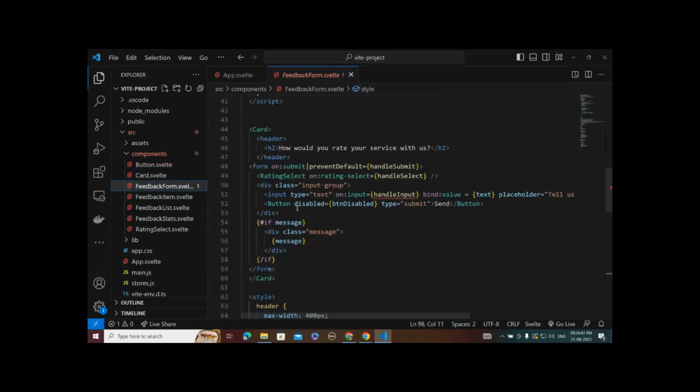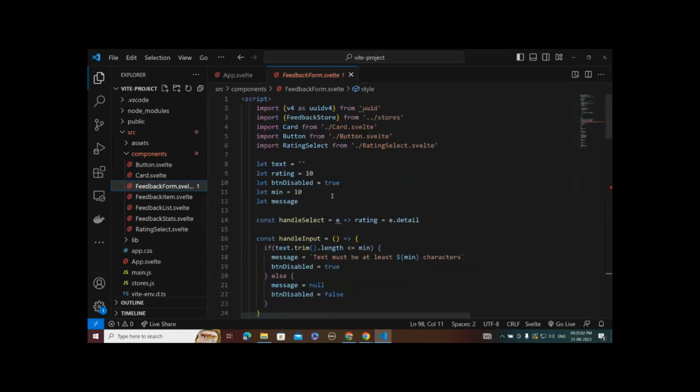So we can set disabled and this sort of stuff. On click, we have the click event and the mouse over event. The rating select is a custom event, which we are defining in another folder, like rating select as well.